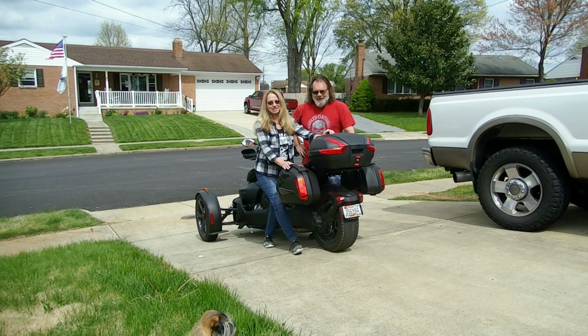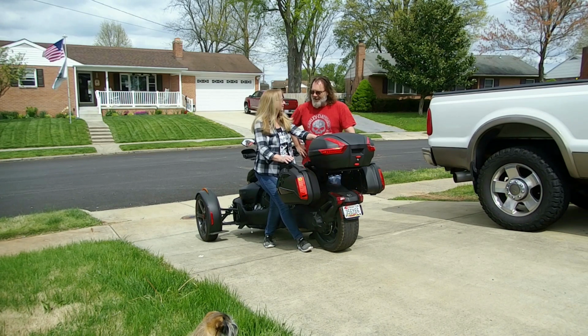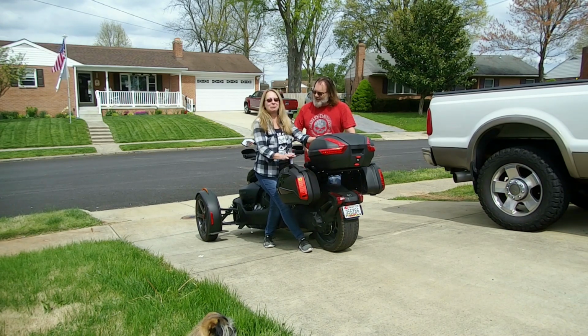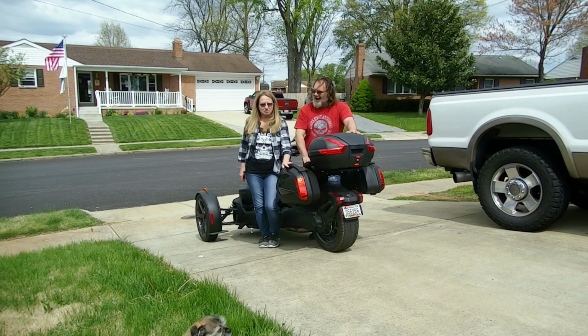Storage on these things is just amazing. Wait, what are these things? I mean, this is what we got the... You can't say those things on YouTube. Watch your language. So the side bags are called saddlebags. This is the trunk. Whatever. The side bags...